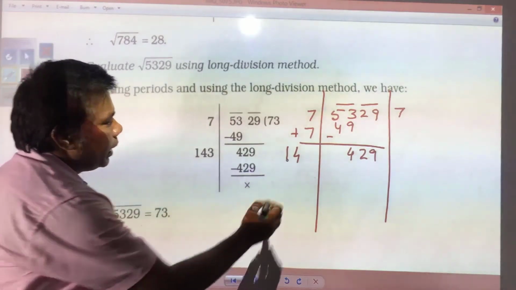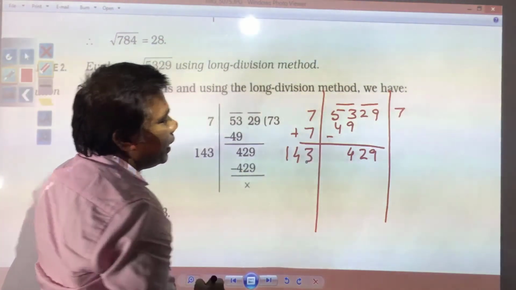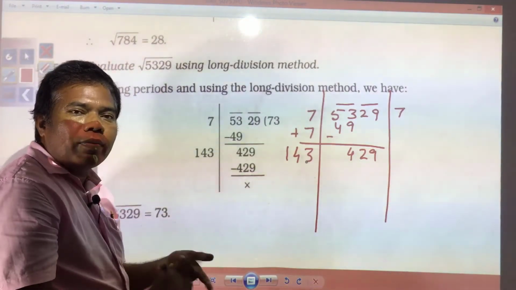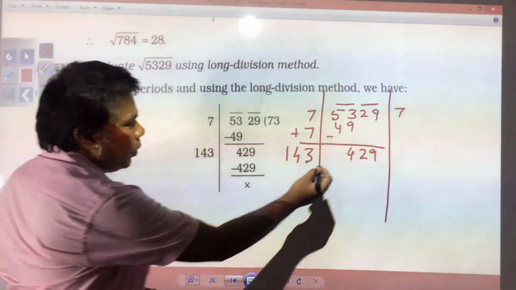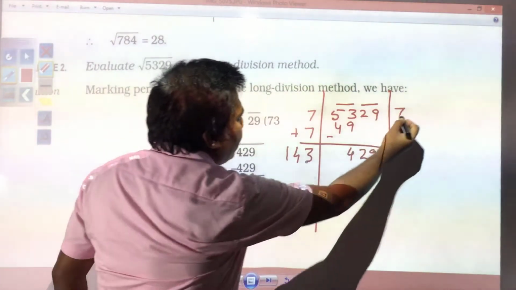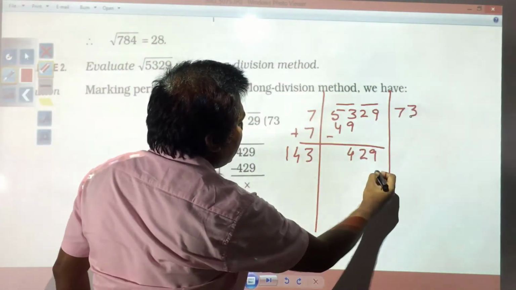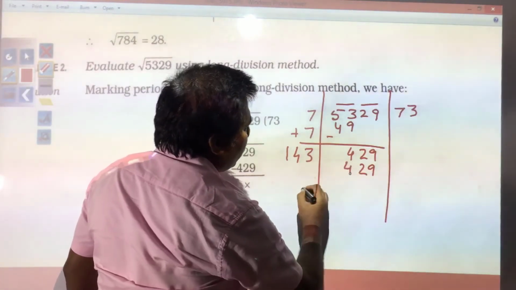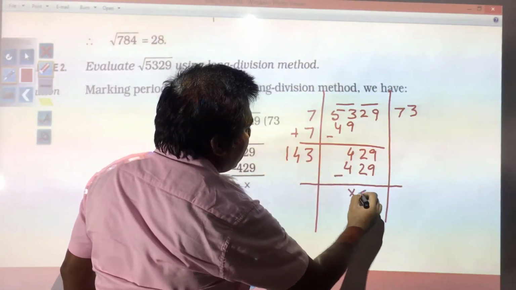Here 3 has been taken, you see. So, these things you need to do in rough work. You multiply by 2, 3, 4 and see which number is equal to 429. If you multiply by 3, you will get 3 3 is 9, 3 4 is 12, 3 1 is 3 and 1 4, and if you subtract, you will get 0.